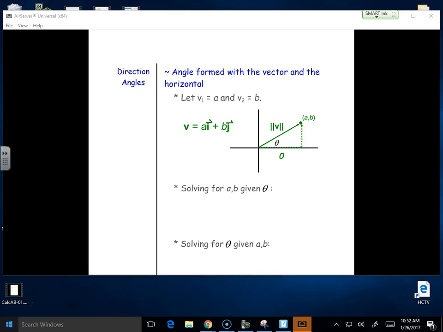It's showing that we do have a horizontal length A and a vertical length B. You might not be able to see it, but I do have little arrows on each of these. In a complicated physics problem, it is best to be using component form. But that doesn't mean that there is no application for direction because, for instance,